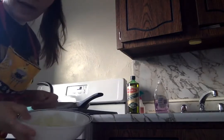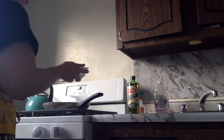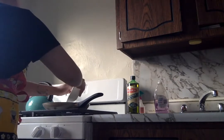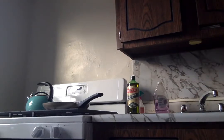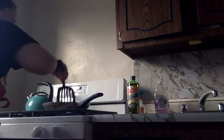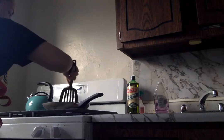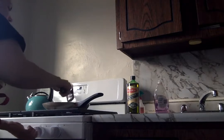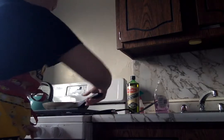And then we are going to add our onions. So we are going to be sauteing these until they are a little bit translucent. Sprinkle these into the pan, scrape out our excess. All right. So I'm going to move those around a little bit. All right, and I'm going to turn the flame down a little bit on that, so that while those cook up,